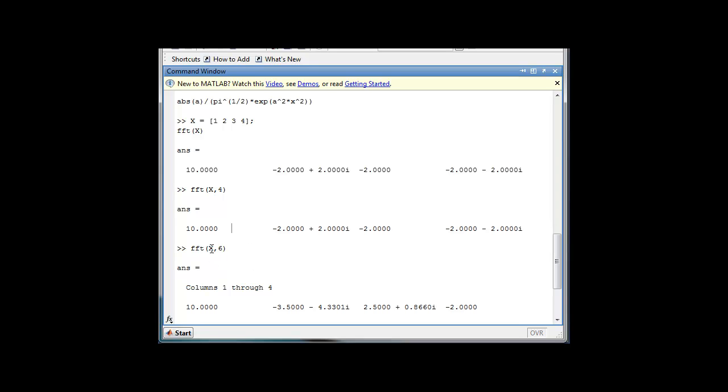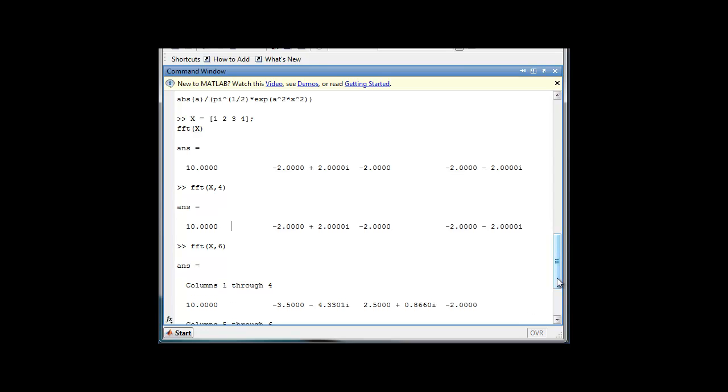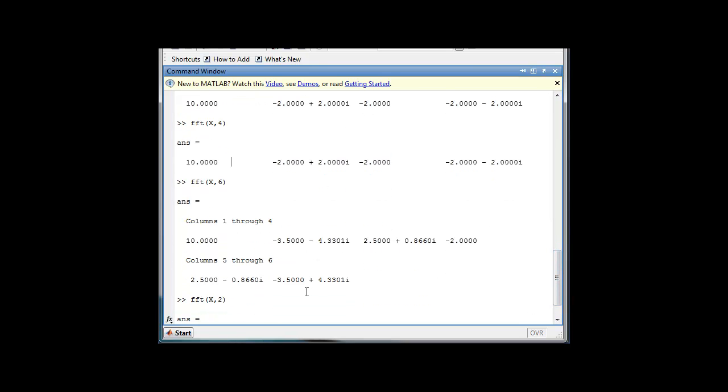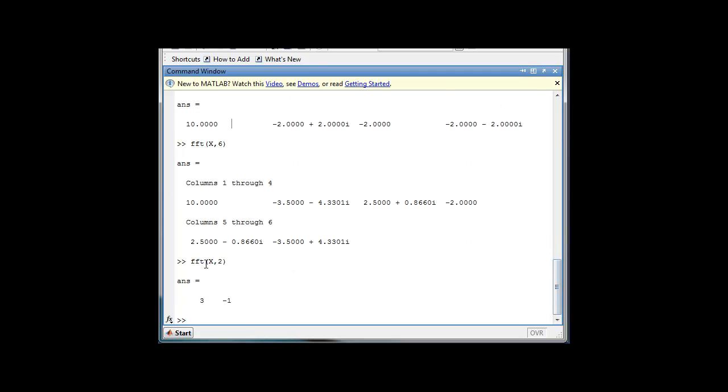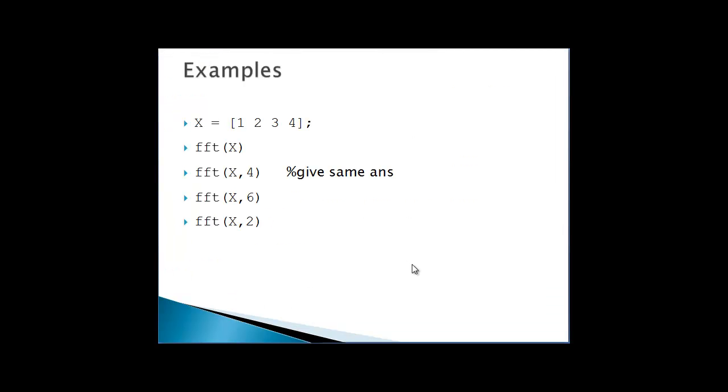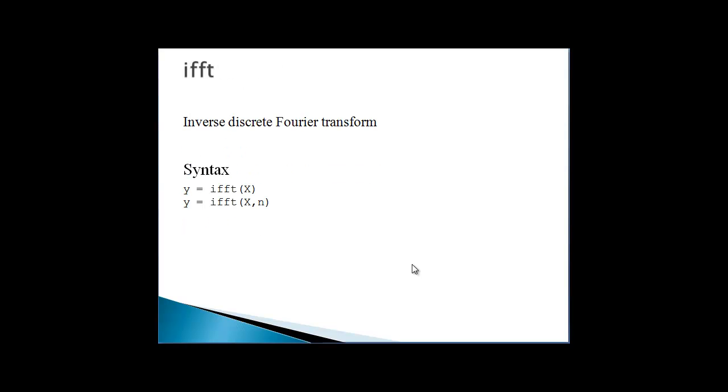But if I type fast Fourier transform of x comma 6, here n is 6, that is greater than the length of x, then the output is different. For 6 points it is giving me the output, and if I type FFT of x comma 2, it is giving again a different answer. So this is the difference when n is greater than the length of x and when n is less than.